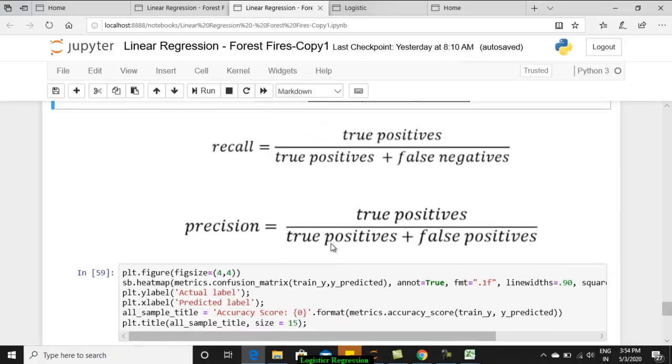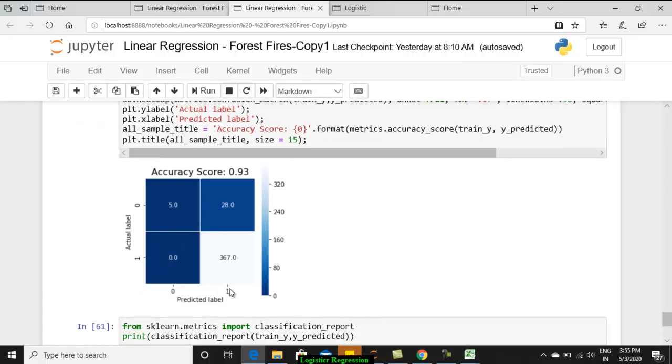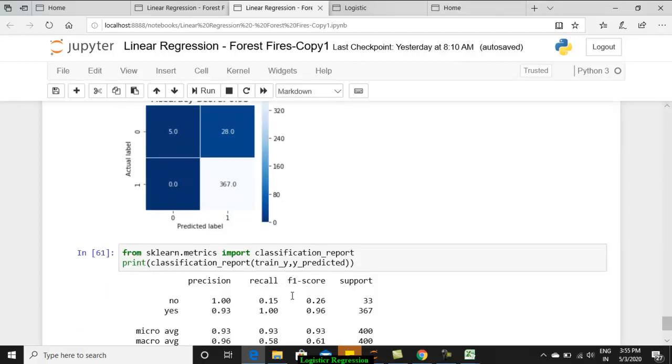But in general, a score called the F1 score will be computed and used. This F1 score is nothing but a harmonic mean computed from the recall and precision. That mean value will be taken and considered as a better measure. The confusion matrix in the form of a heat map shows 367 are positively predicted. This is the way you can see how much is the recall, how much is the precision, and how much is the F1 score. All those things can be obtained by using a report called the classification report.